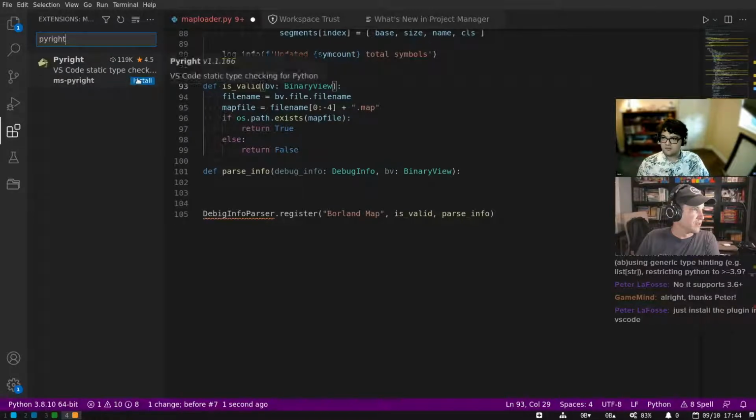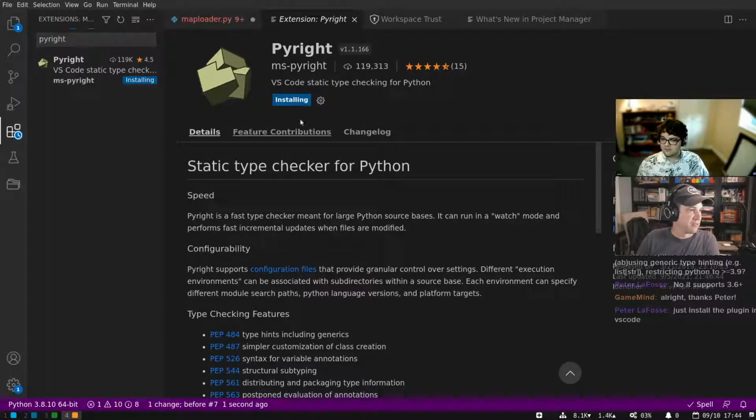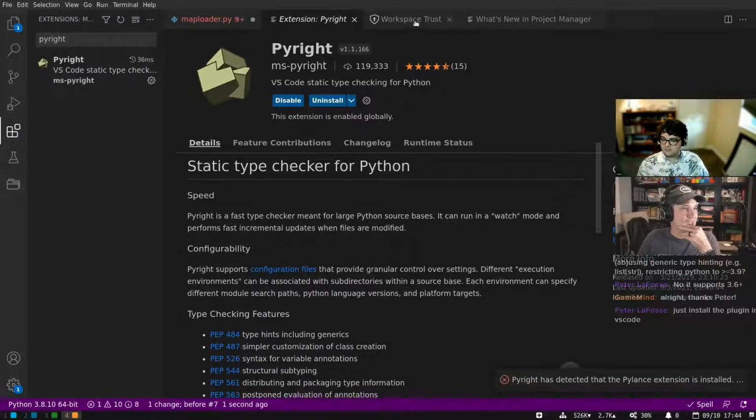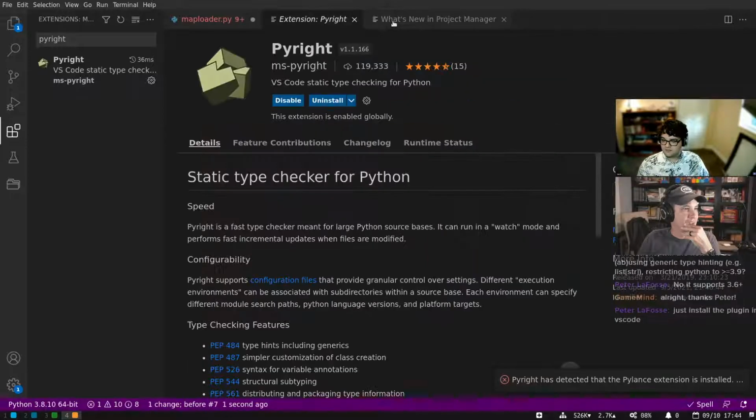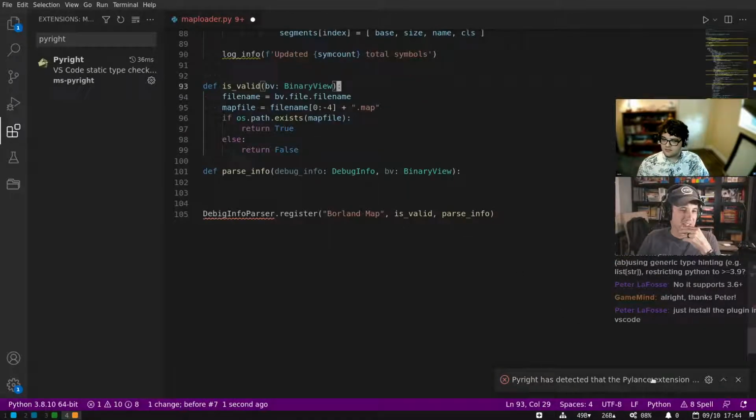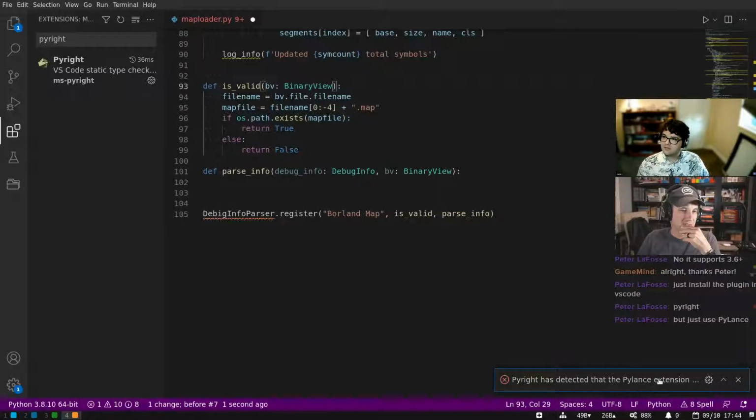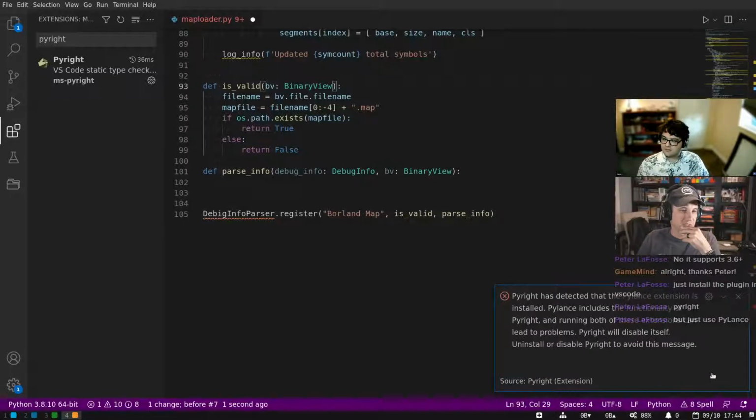Okay, so let's install Pyright and see how it does here. Let's close this. Pyright has detected the Pylance extension, which includes the functionality of Pyright. Peter's suggesting to use Pylance.